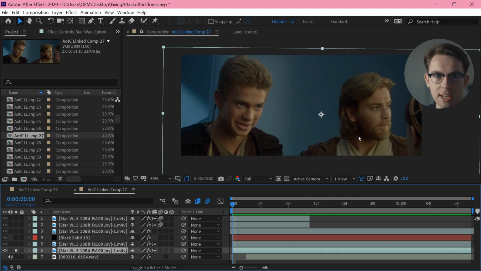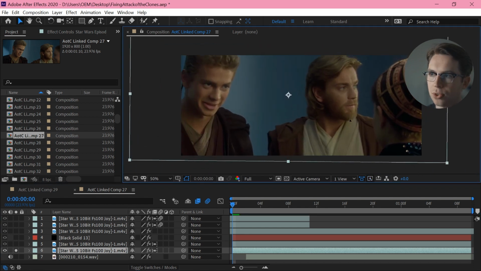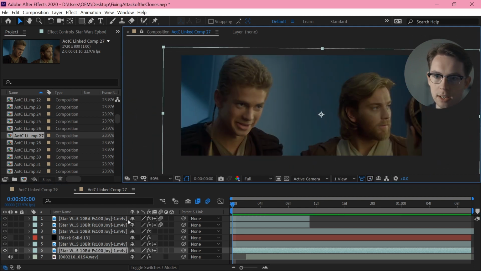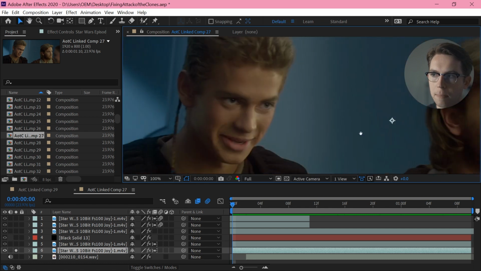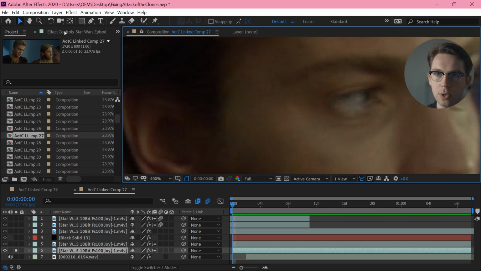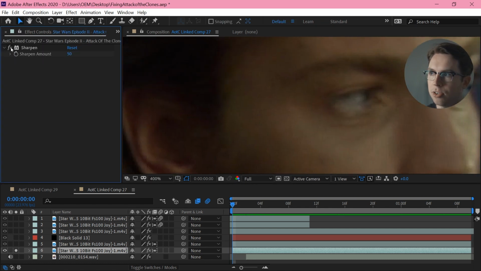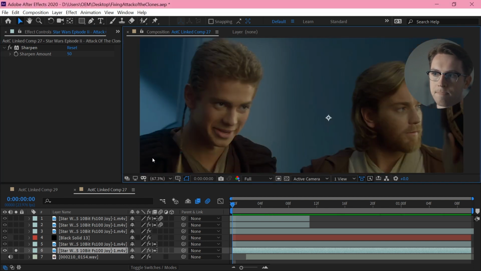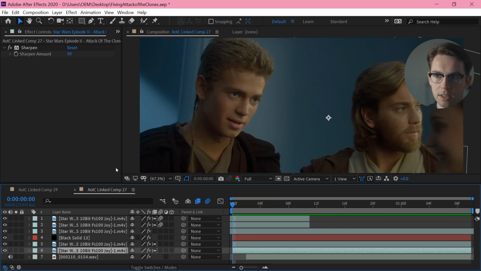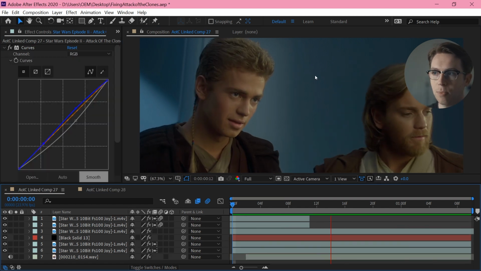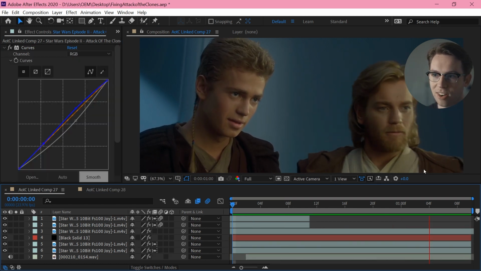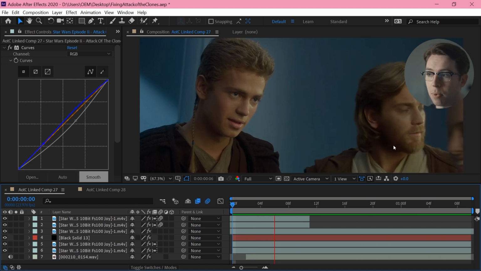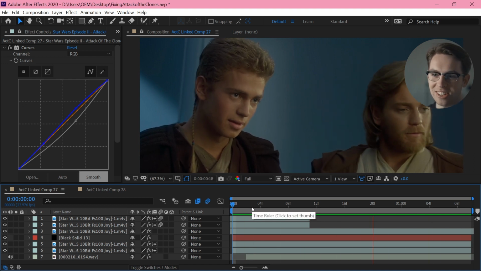And all of this is scaled up, and I'm zooming in. You can see the original shot is originally quite a lot wider, so I am scaling up and then doing just a little bit of sharpening to bring back some of those details. Not a ton of sharpening, just a little bit, so it doesn't look too obviously out of place. Actually, I think I'm really happy with what's going on in the background, but it would be a lot more work to get that foreground actually looking nice.